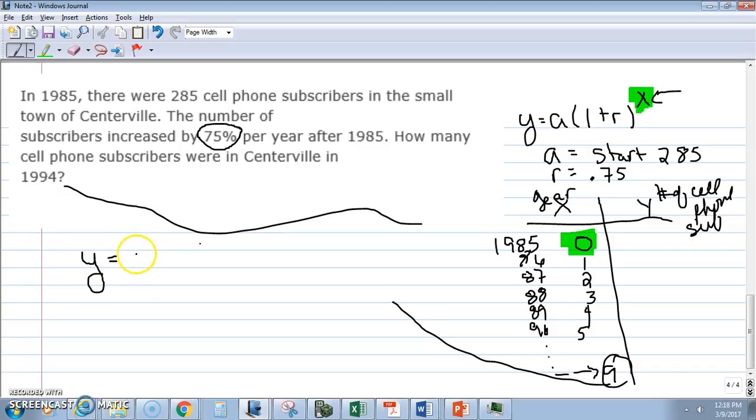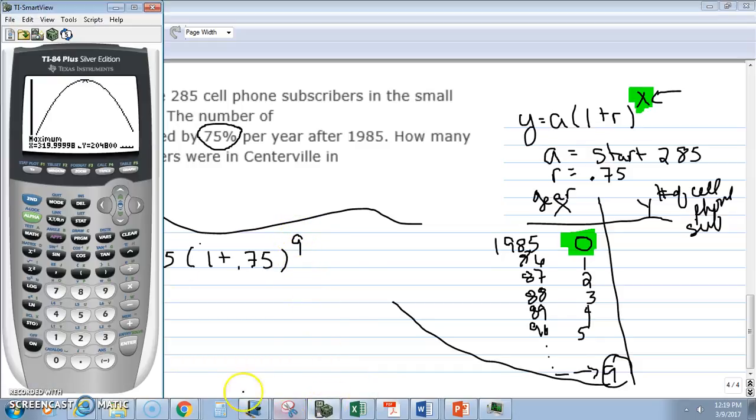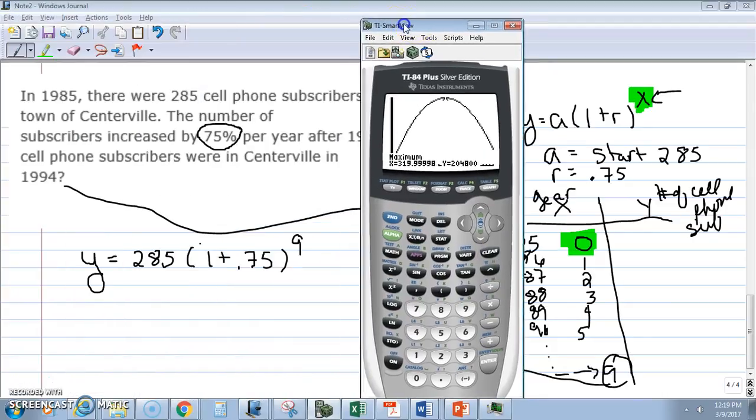Y equals our starting value, which is 285, parenthesis, 1 plus 0.75, or just 1.75, right? And if I want to know 1994, then instead of X, I put 9, okay? And then if you just type that into your calculator,